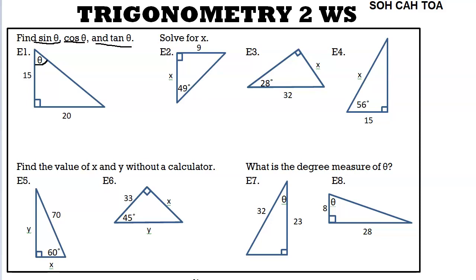But actually, we're probably going to want to figure out what that side is first. So we should probably do the Pythagorean Theorem here just to get a jump start. So we're going to do 15 squared plus 20 squared equals c squared. Add those up, and you get 625, which is actually a perfect square. It turns out 25 is going to be that missing side,